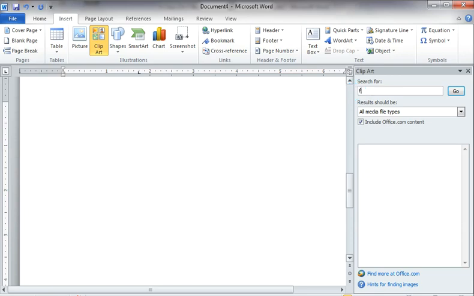If we want to find the image of a flower, then type the keyword flower and click on go or press enter.